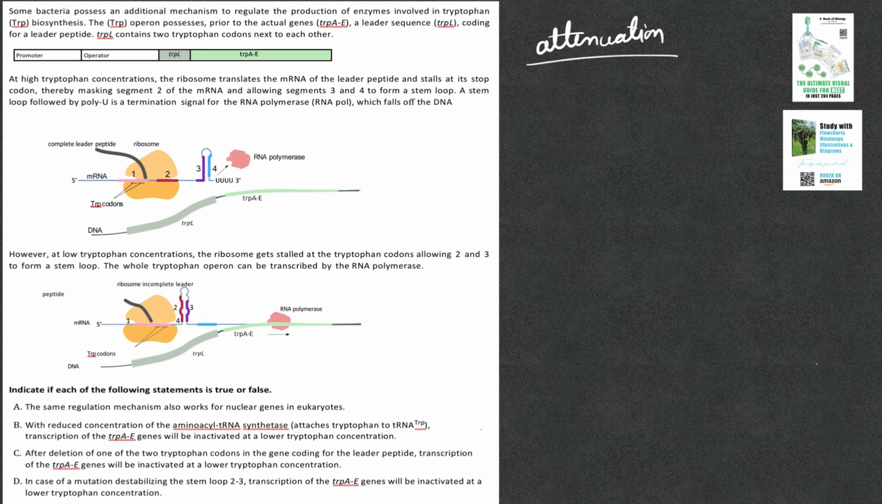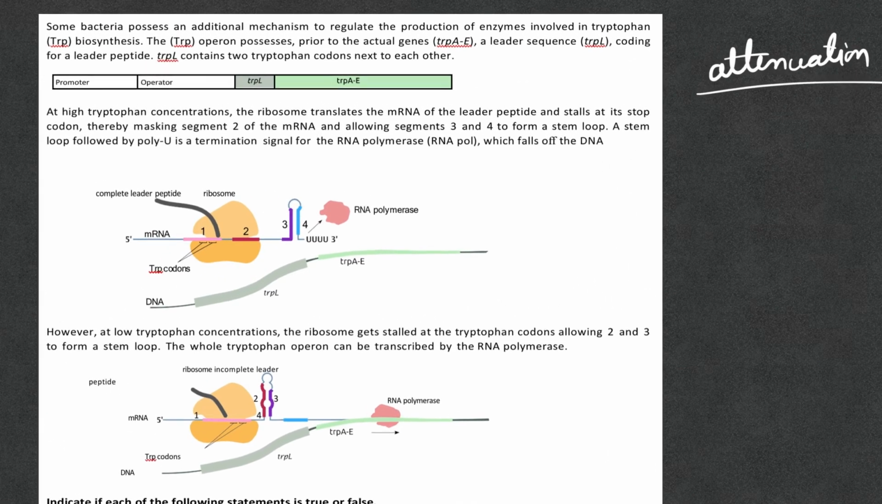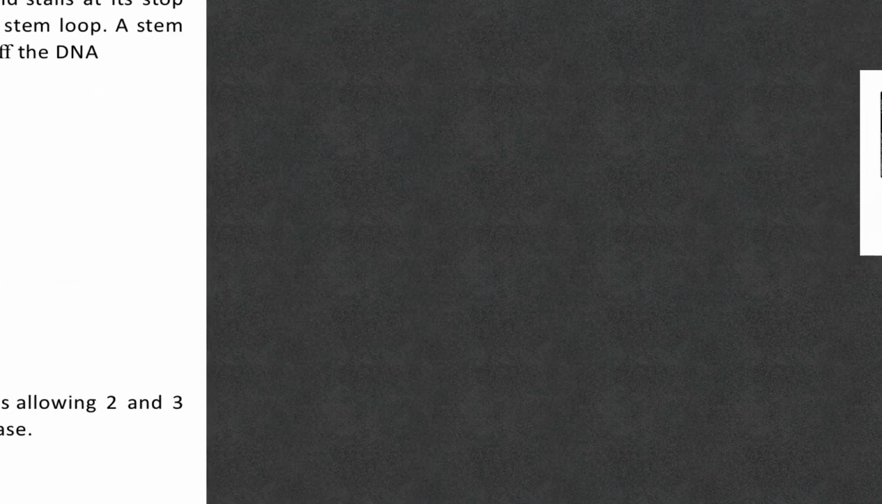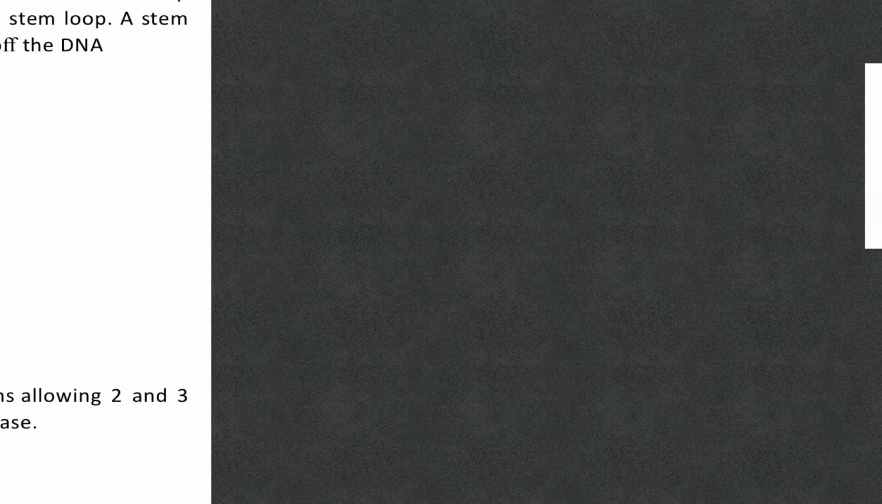Okay, let's get started. So some bacteria possess an additional mechanism to regulate the production of enzymes involved in tryptophan biosynthesis, the Trp Operon possessed prior to the actual genes trpA-E. So what is the operon concept? Let's talk a little bit about it. So actually they have